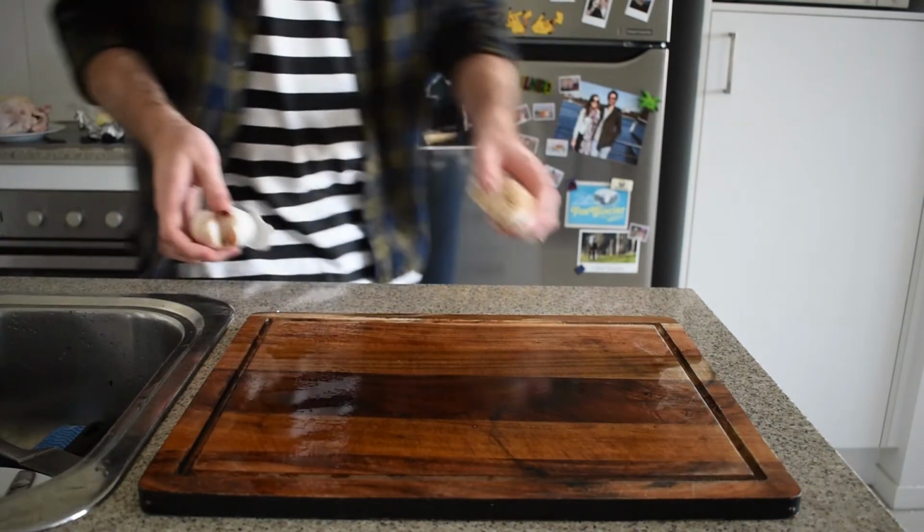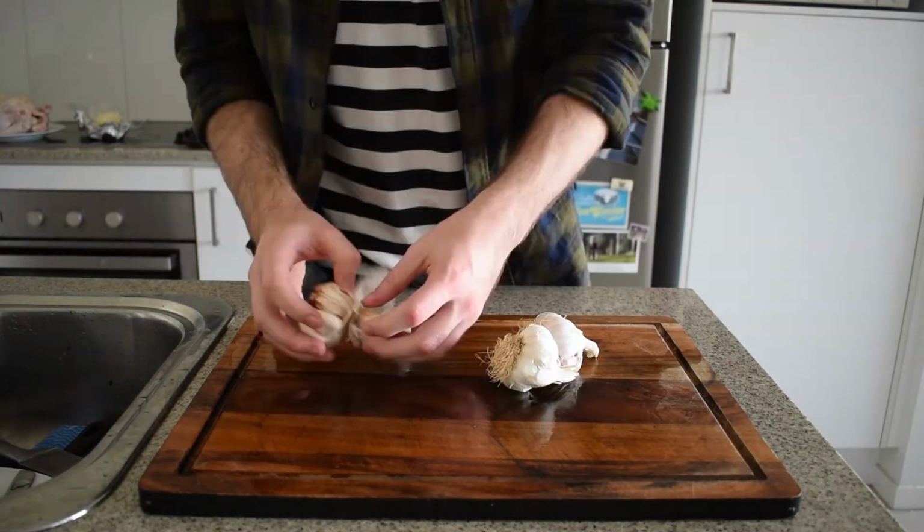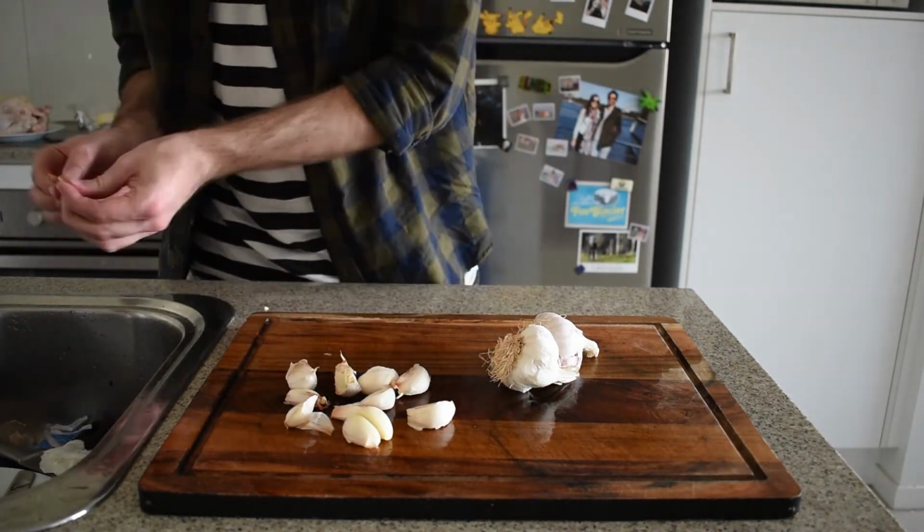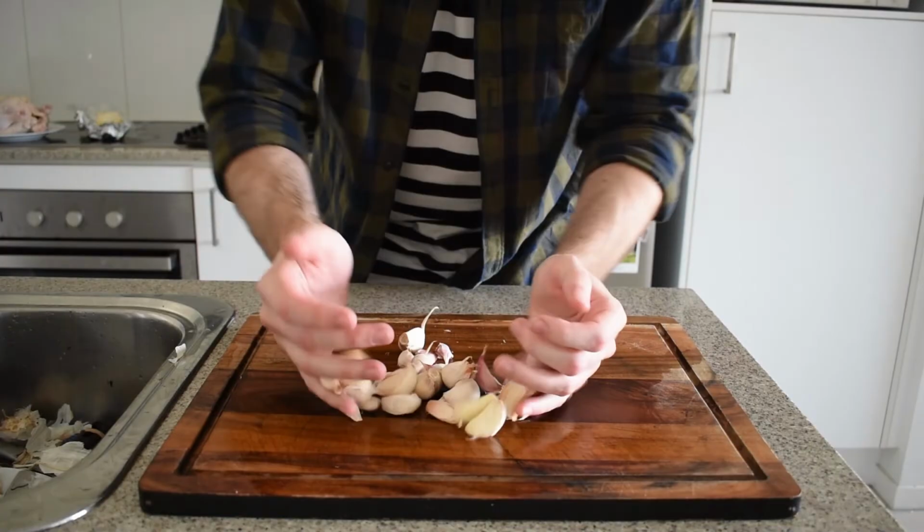Now for the star of the recipe, handfuls of garlic. Separate out 30 cloves and mercifully feel free to leave the skin on. We'll sort that out later on. Once you've successfully warded your home from vampires,